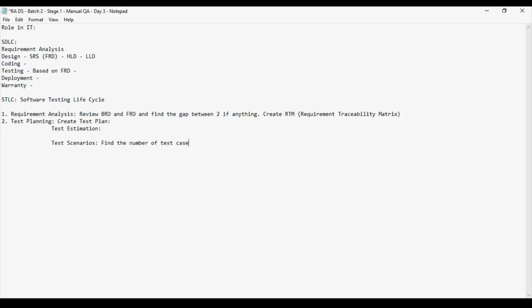This will be your first task if you are going to estimate something based on the test scenarios. These test scenarios will come from the requirement. Based on the requirement, you are going to create the test scenarios first of all, and then based on that you are going to find out how many test cases you are going to write. Okay, so if you have this number of test cases, the next step for you is actually